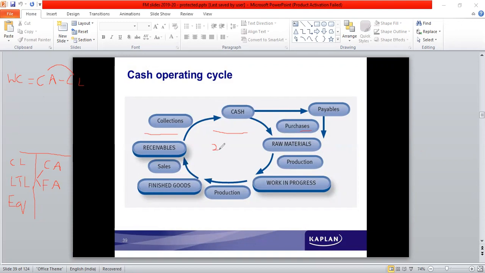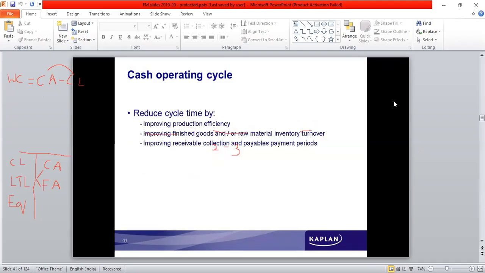So for 2 months the amount is blocked, so they would pay interest on the bank loan for 2 months. But because they are extending this period by offering credit facility to the customer, it gets further expanded. So from 2 it can go up to 3 months. So if one more month is added, then their cost of finance, the cost of capital, will increase by one more month. So as the number of days of the operating cycle increases, cost of capital also increases proportionately. So for that reason, the concept says that reduce the operating cycle.